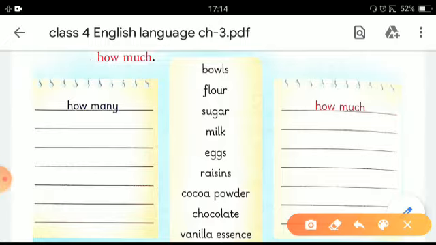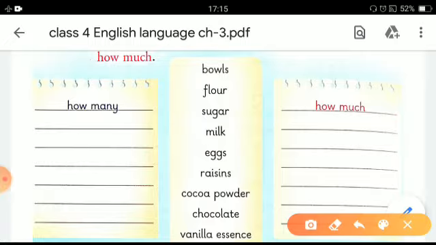First thing that we should know is that countable nouns always answer the question how many. If you ask the question how many, and you get the answer in a number, then of course it's a countable noun. An uncountable noun always answers the question how much, quantity. So on this basis, let's start.